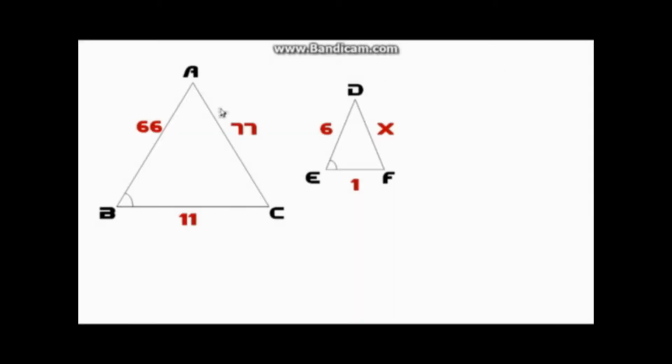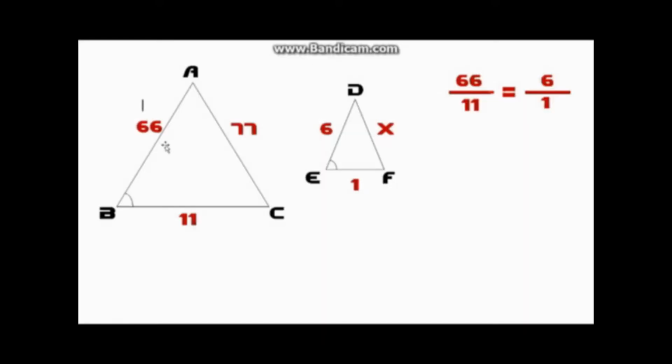Okay, so here we have another two triangles, and we know that angle B here is congruent to angle E, but that's all we really know, and then we know these side lengths here. But we can prove that these triangles are similar because if we set up a proportion like this, we see that the sides are proportionate because both of these simplify to 6 over 1. So these sides are proportionate, and that proves that the two triangles are similar because of the side-angle-side theorem,